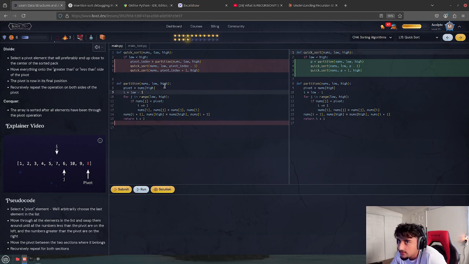Not the index, just the last element on the nums, which is high, and then i is low minus 1. So it's the lowest one. Remember, it's like i, but before, and then if j in range low to high,